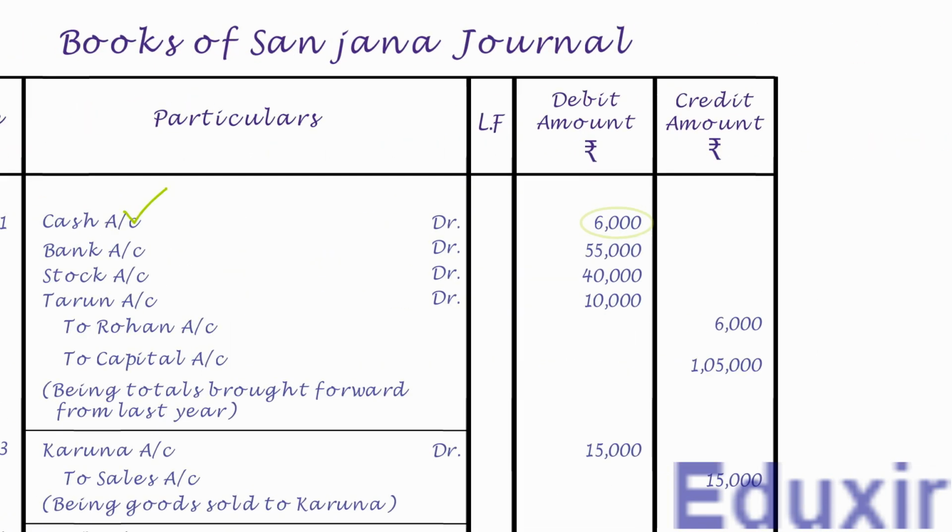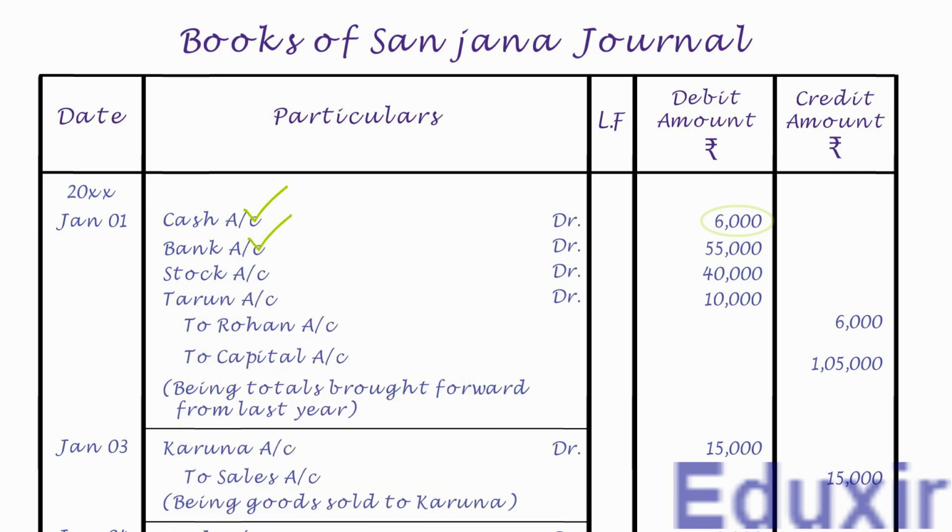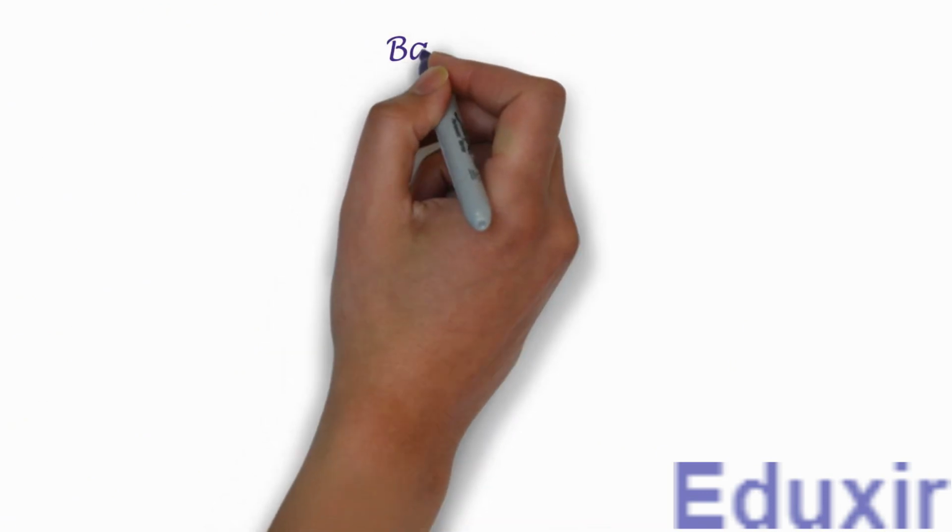As the name suggests, it needs to be posted on the debit side of bank account and the debit amount is 55,000 rupees. Note that the details that need to be posted into the particulars column is balance brought down. For posting this entry, we need to create a ledger account for bank as it is not yet created. Let us first write the title as bank account.